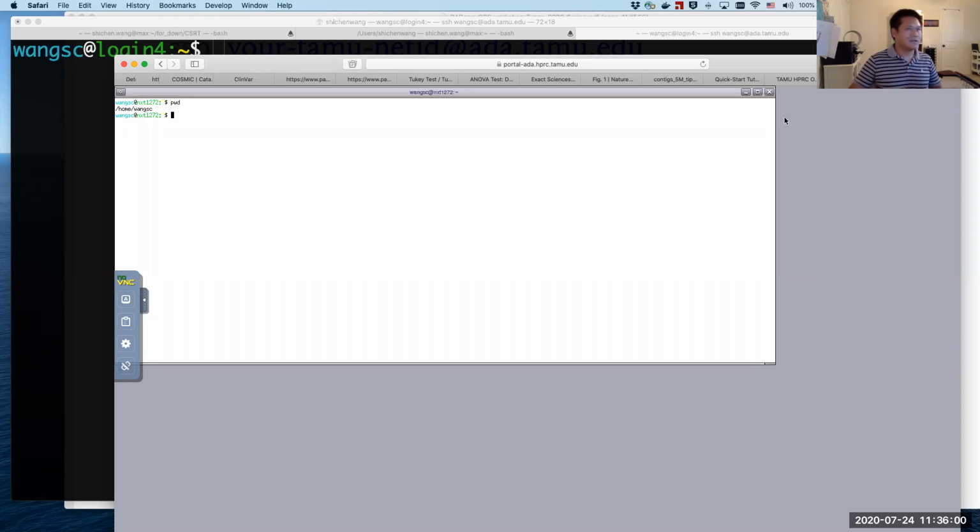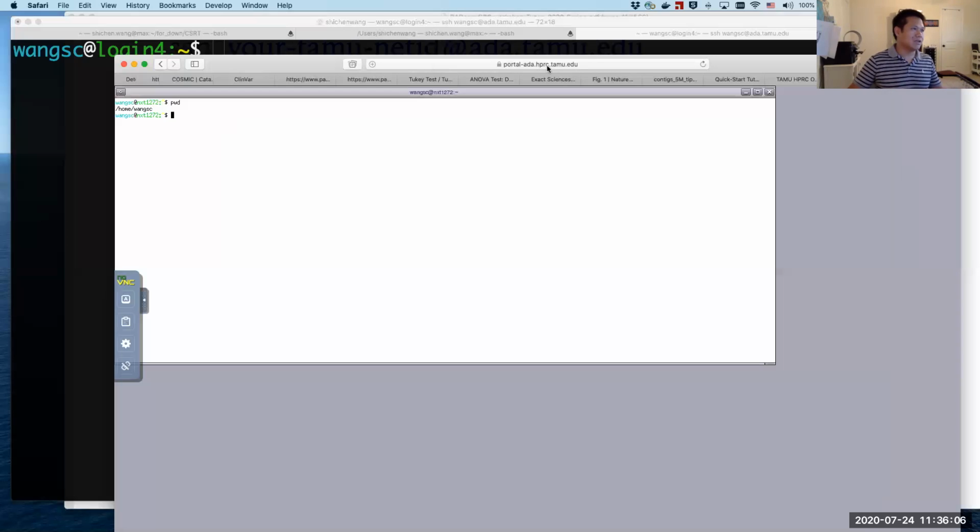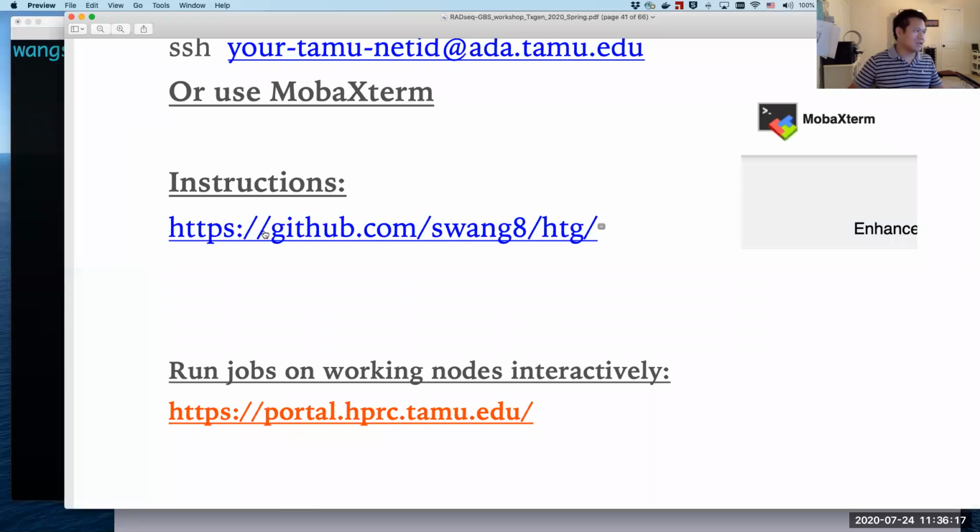Okay. Anyway, so there's two ways. You can use a terminal if you have a terminal on the machine, or you can use portal.ada, and you're gonna end up with a terminal as well. Okay. So let's go to the instructions. Click this link, github.com, and that's